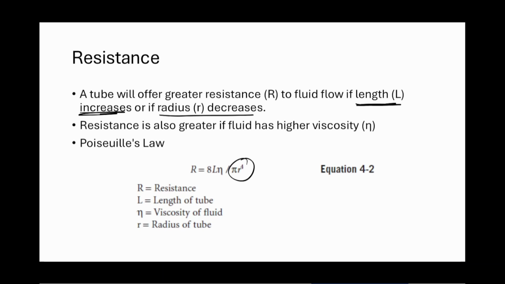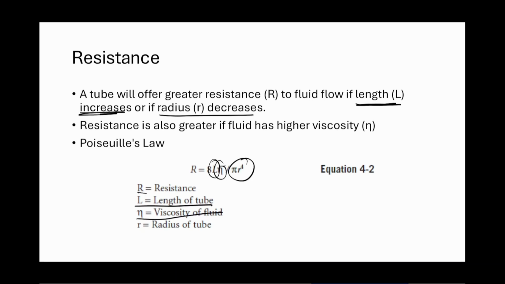So resistance: the L is the length of the tube. That little n is the viscosity of the fluid. We don't really mention this very much because for the most part, our blood is pretty consistently viscous at a normal level. We mentioned before polycythemia. What's that? Increased cells. When you have a whole lot of viscosity, the blood gets a little bit thicker and it's harder to move through the body. That's what that's talking about.